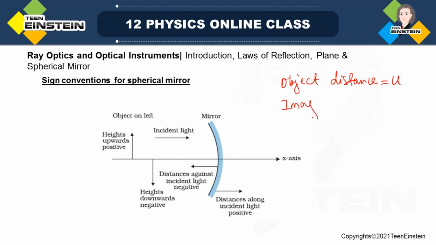Then image distance, which is denoted by small v. Focal length, which is denoted by small f. Radius of curvature,